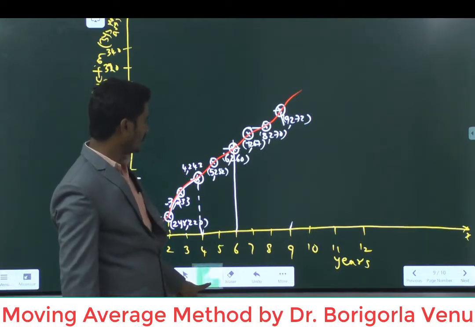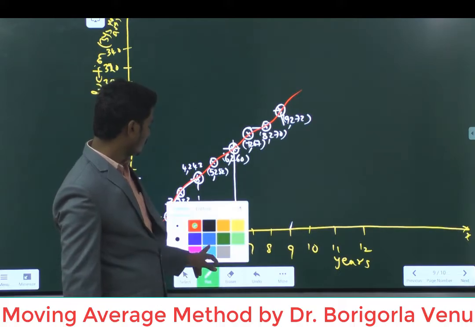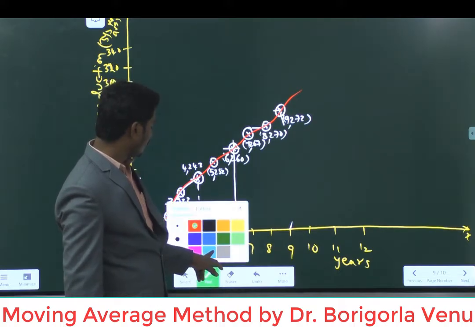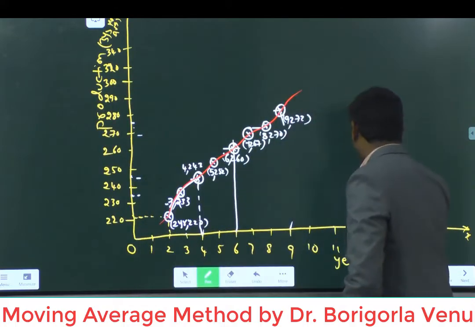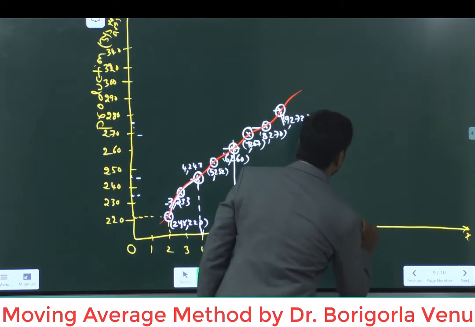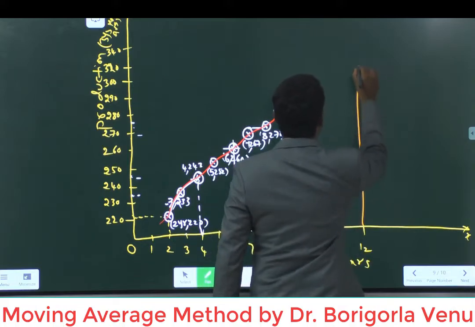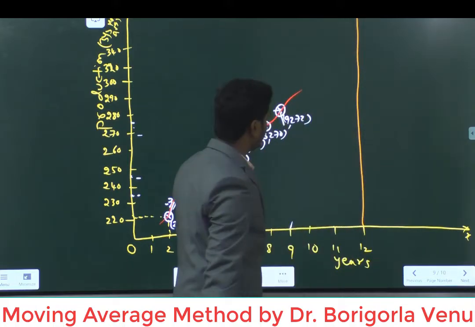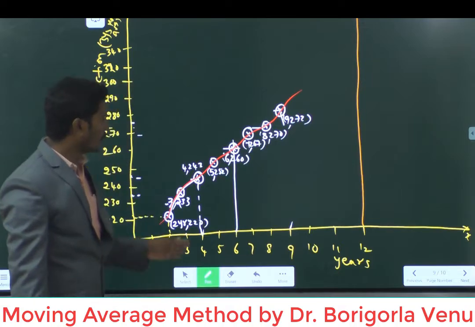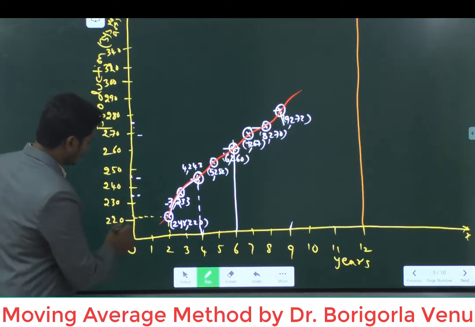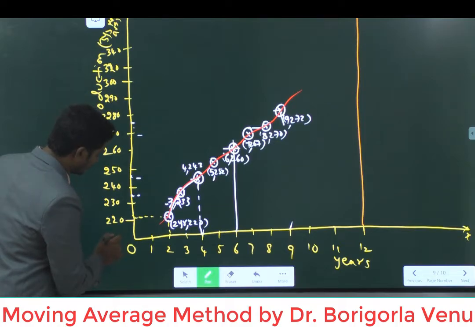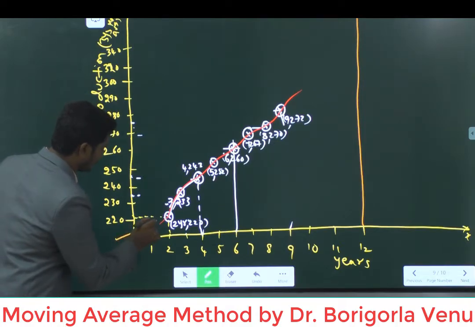Here I am going to draw the perpendicular line for the 12th month. See this? This is the perpendicular line we drew for the 12th month. And here we are going to draw the diagonal line through the trend, through the second year. It means the trend line.